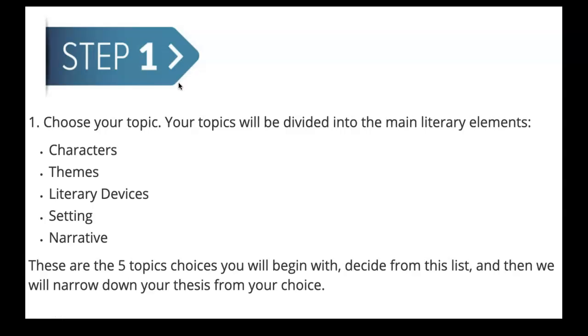Your topics will be divided into the main literary elements. You can talk about characters, you can talk about themes, literary devices, the setting, or the narrative. These are your 5 topic choices you're going to begin with. Once you decide from there, pick from this list, and then we're going to narrow down your thesis from that choice. So are you going to choose one character and